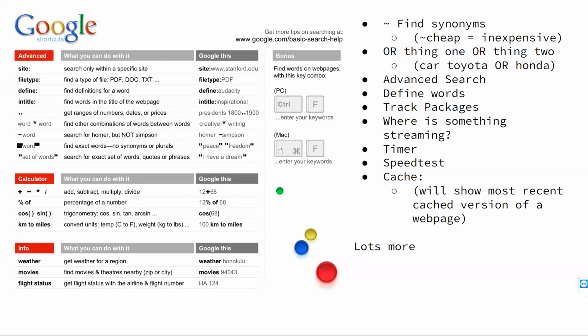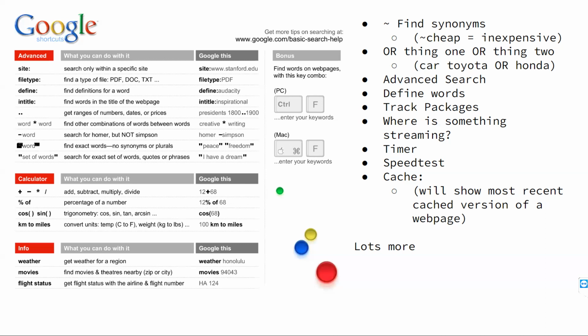Another fun thing that you probably have figured out by now about Google is if you get an email with a tracking code, you can just put that tracking code directly into Google, and it will take you to either FedEx, DHL, USPS, UPS. It'll take you directly to the website, and it will basically allow you to track your package. You can do the same thing with airplanes. So your flight status, you can just type in your flight number, and it will tell you if it's on time, if it's delayed, what's going on with it.